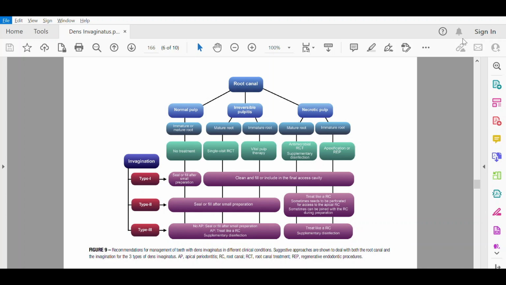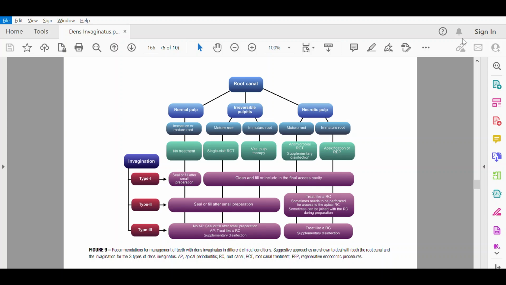Regarding the invagination, in type 1 with a normal pulp, you need to seal or fill after small preparation, and in irreversible pulpitis or necrotic pulp you need to seal and fill or include the invagination in the final access cavity. In type 2 with a normal pulp and irreversible pulpitis, you need to seal or fill after small preparation, and in necrotic pulp you need to treat the invagination as a root canal,